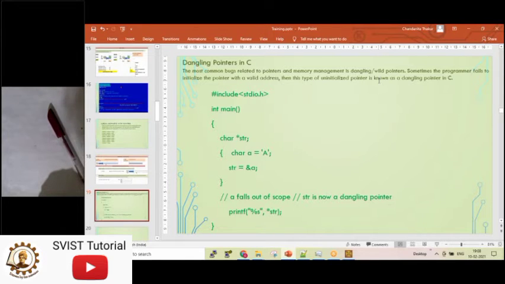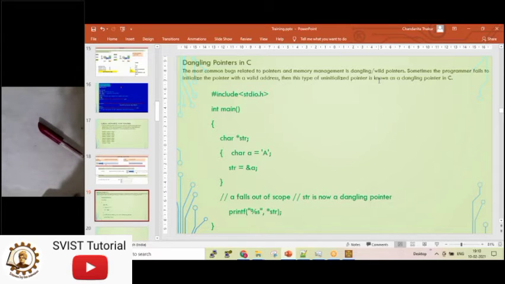So you see here I have taken one program where I have taken main, and inside main I have taken a character pointer. Now just given a bracket. Inside the bracket we have written a equals to character, and the character a value is capital A. I have assigned the address of a to the character pointer str.